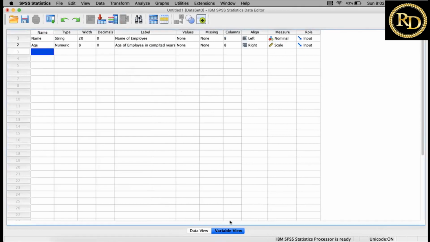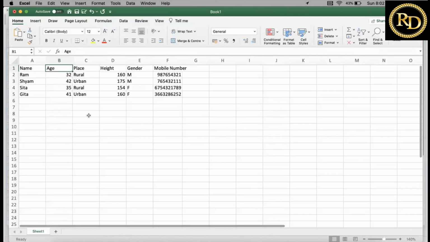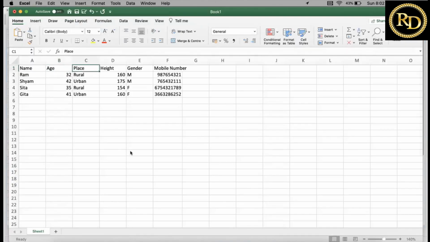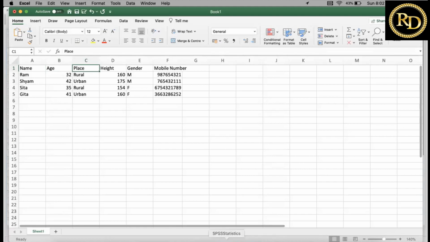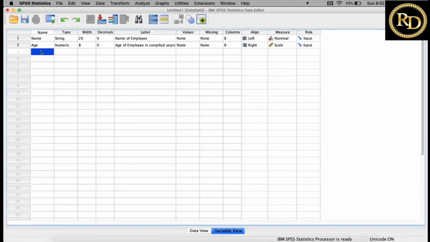Then what is the third variable? The third variable is place, place of residence. So here I am writing place. Now it is numeric, very good, and decimal will be 0. Here I am writing place of residence. Now this place of residence is urban and rural, and it is a categorical variable.